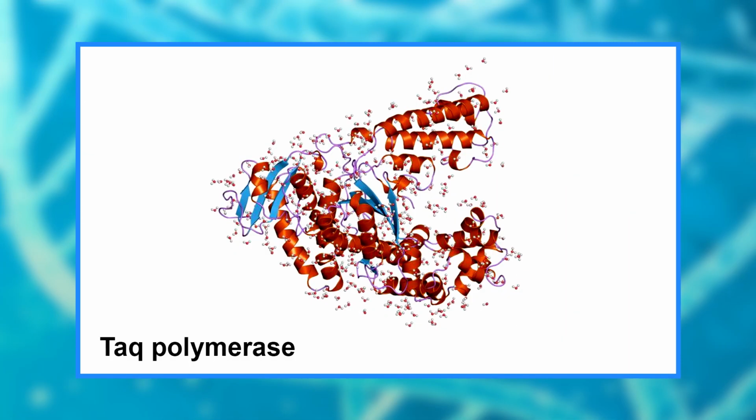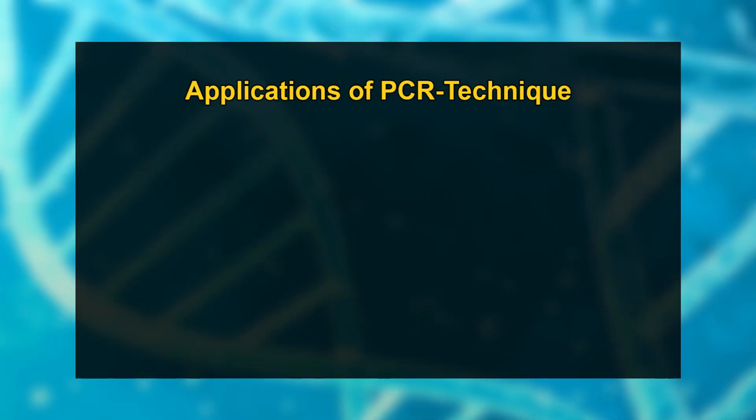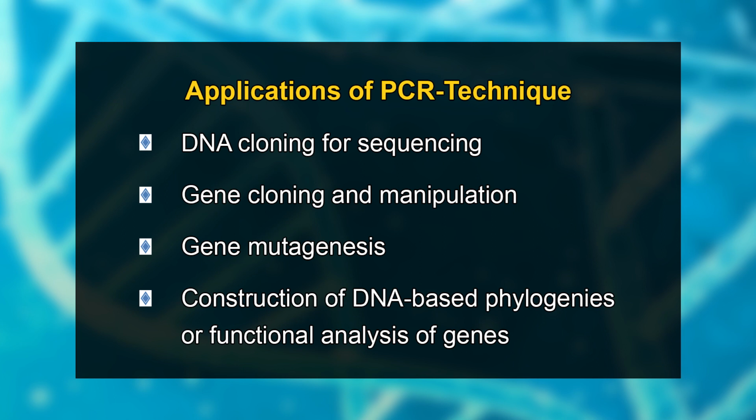Before the use of Taq polymerase, DNA polymerase had to be manually added every cycle, which was a tedious and costly process. Applications of the technique include DNA cloning for sequencing, gene cloning and manipulation, gene mutagenesis, construction of